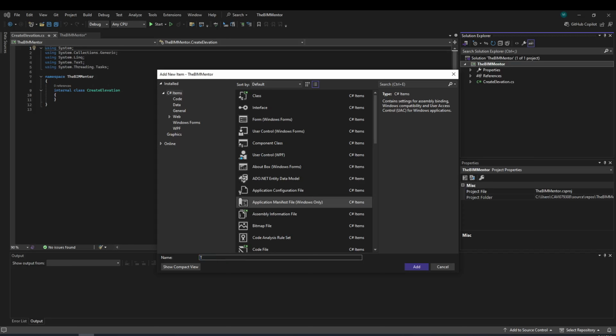So it will be the BIM mentor .addin. Now I've broken several rules of naming here. Please don't go ahead and keep naming things in this way. I've already talked about naming conventions in my other video, but we're just hobbyist programmers. Let's just have fun. I'll click on add,